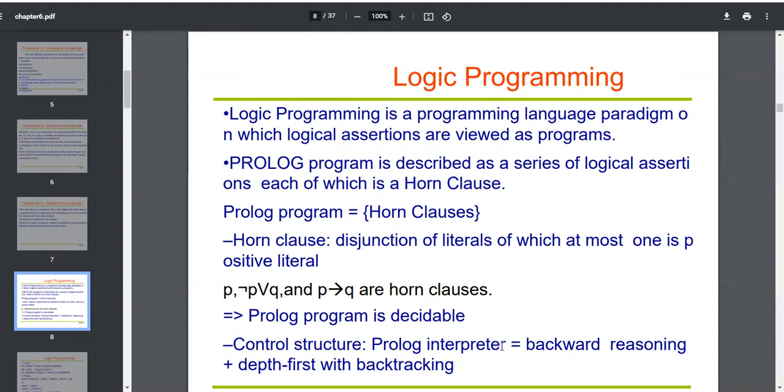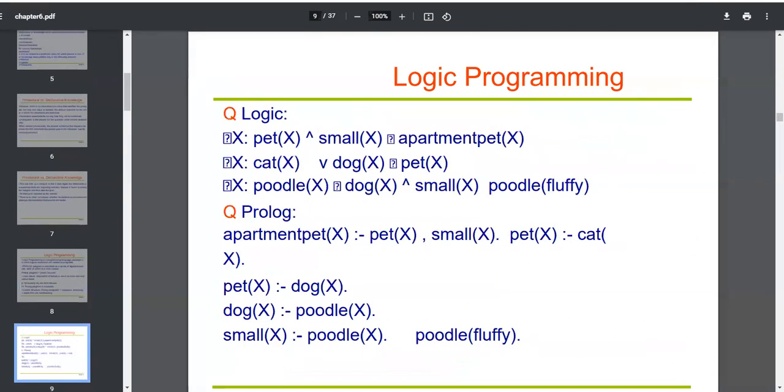So what is backtracking here? Let us see with examples, so it will become clearer. In a Prolog program, what happens when multiple solutions are possible? It is going to access all possible solutions for the same problem. So it backtracks to all solutions even after one solution is found. So Prolog basically works on backward reasoning and depth first backtracking. Okay, so let us see a few examples.